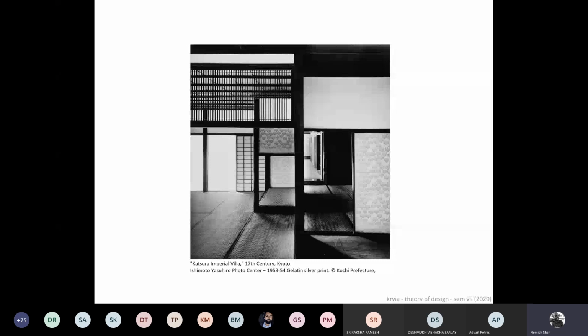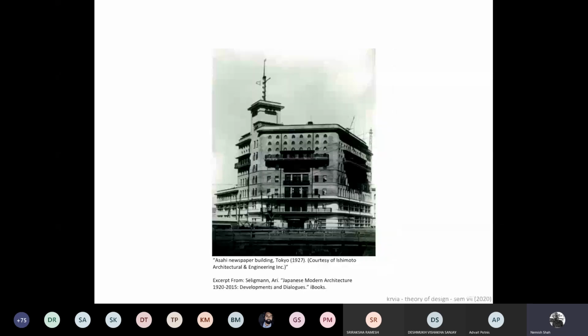So in the late 19th century, the Meiji Empire comes into being, and the Meiji Empire is this new idea of the emperor coming back into the public realm, and the country starts following the emperor. In Japan, in fact, if you know a little bit about it, eras are called by the name of the emperor. So every time the emperor changes, or he dies, or he abdicates the throne, and a new emperor comes, the era changes. So their calendar is much more closely related to the rule of the emperor.